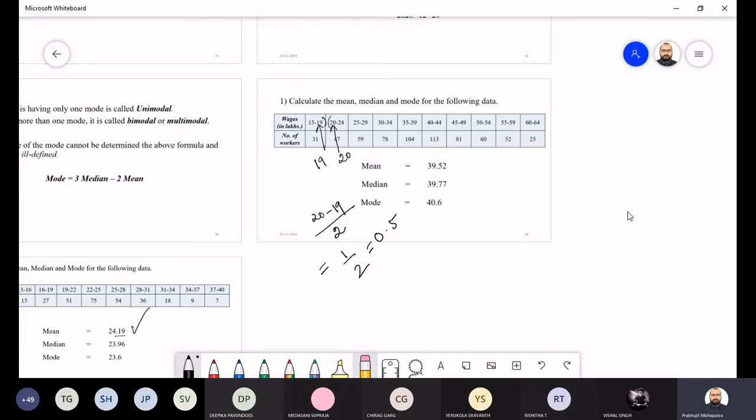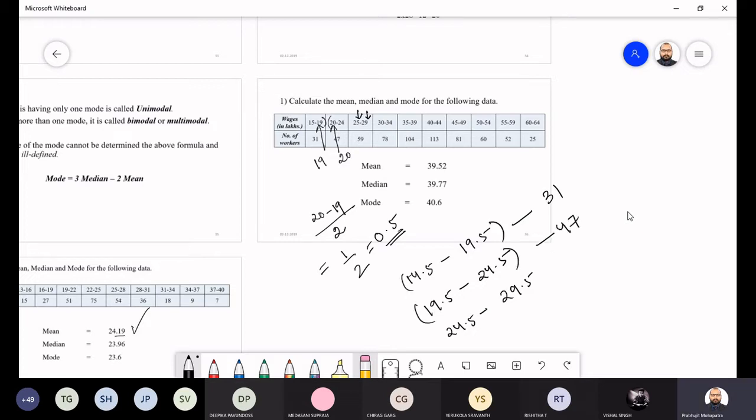So the adjusted series will be 14.5 to 19.5. Then from 20, do the same thing with the next class: decrease the lower limit by this value. So the next class will be 19.5 up to 24.5. Then from 25 you decrease the same value, so it will be 24.5 up to 29.5, increasing the upper limit by 0.5. Getting it or not? And your frequency will be the same.